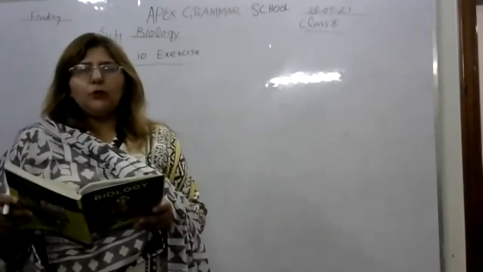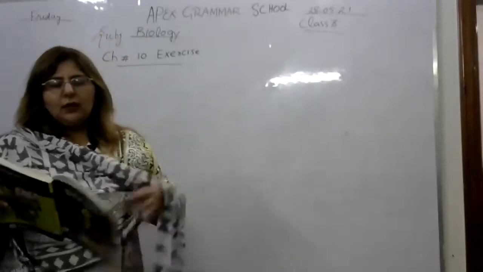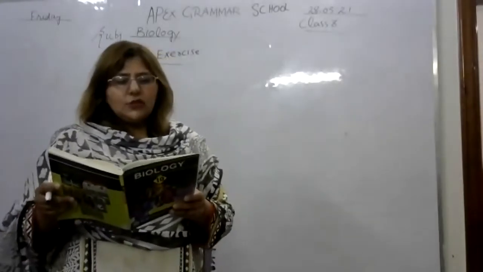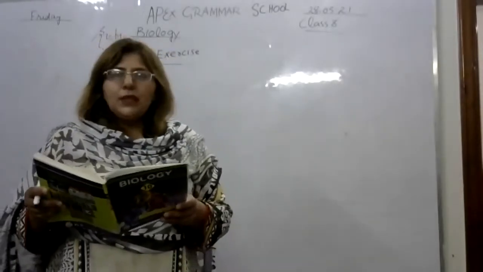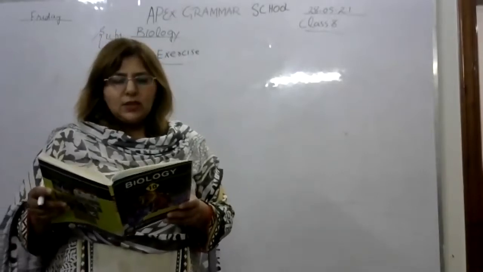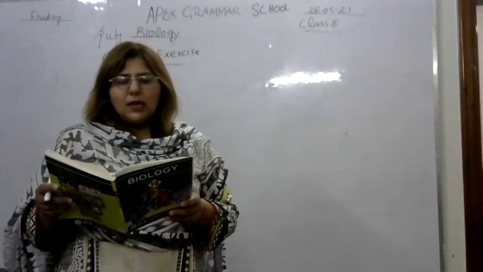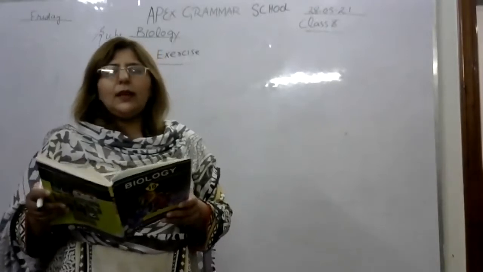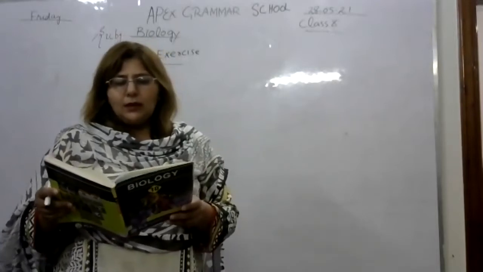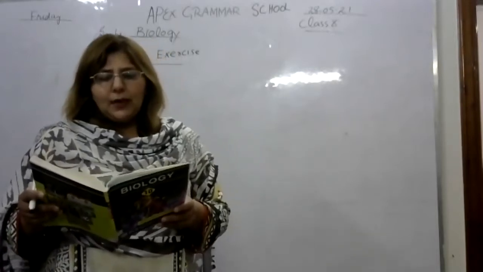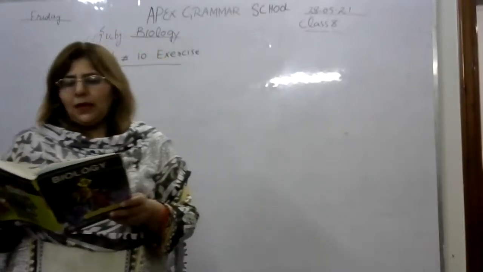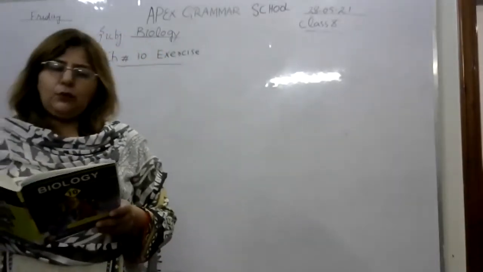First question is about multiple choice questions. First question is that the process of gaseous exchange involves. Option A is given a breakdown of CH bonds to yield energy. Number 2, physical movements that take air in and out of the body. Number 3, getting oxygen from the air and removing carbon dioxide. And option D is transport oxygen by the blood to different parts of the body.